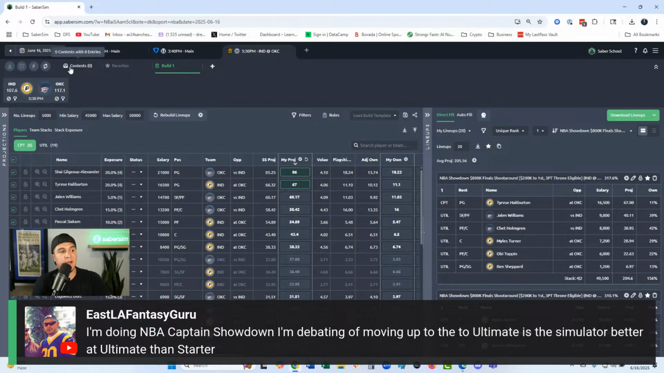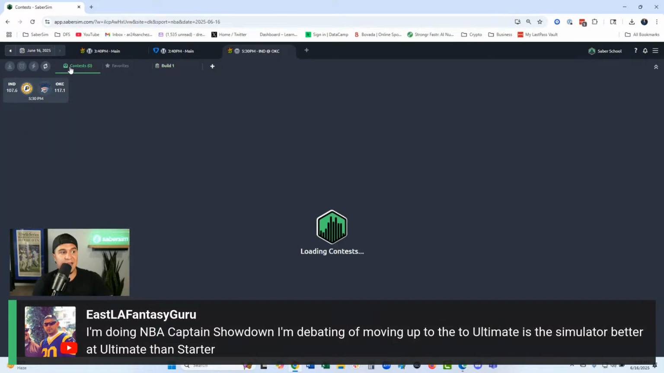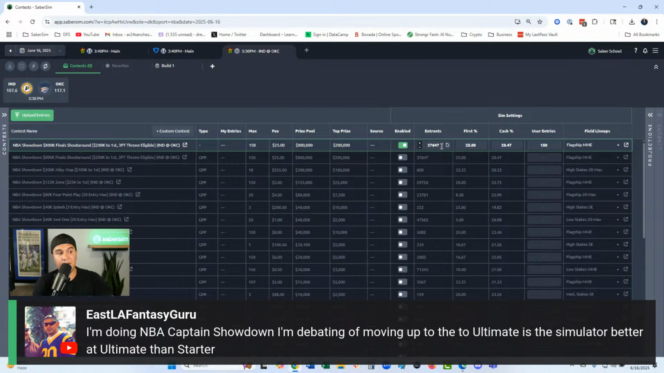The good thing about this is that it is taking into account the exact number of entries in the contest, the exact payout structure, what the first percent is, how many lineups cash, and then it takes into account how many entries you have. So maybe you're only entering 5 entries into the flagship. Well, we're going to know that you're only entering 5, and we're going to take that into account, because basically what we do,